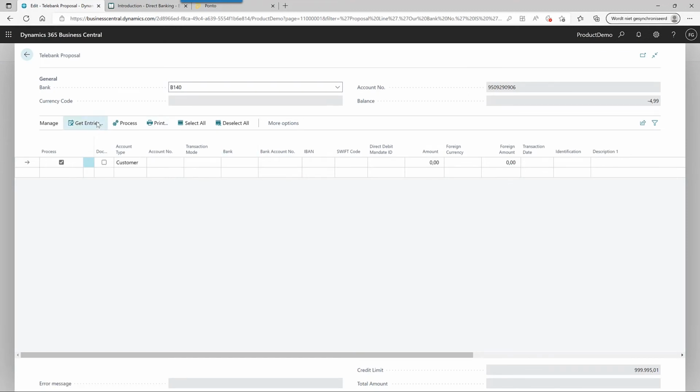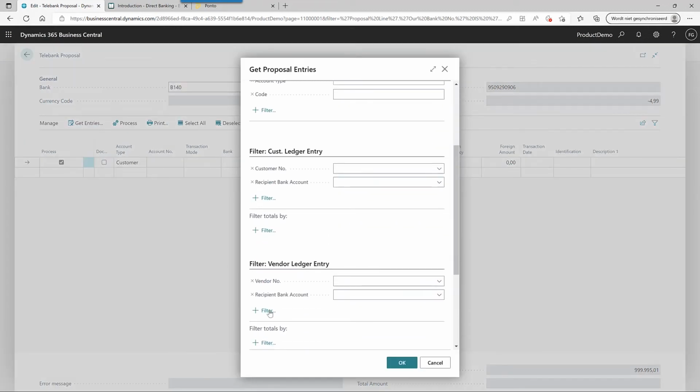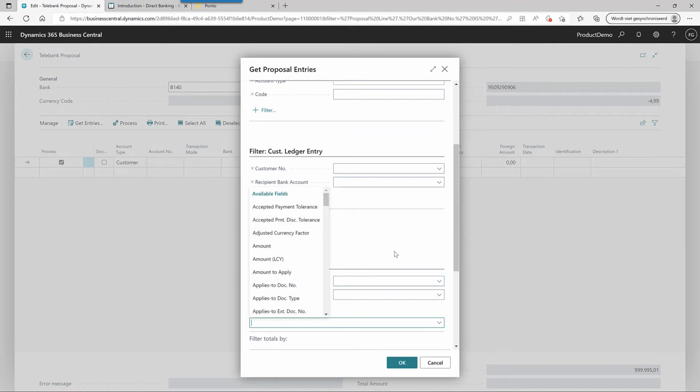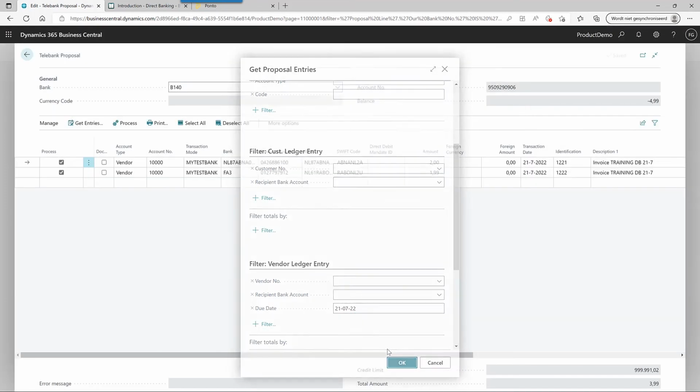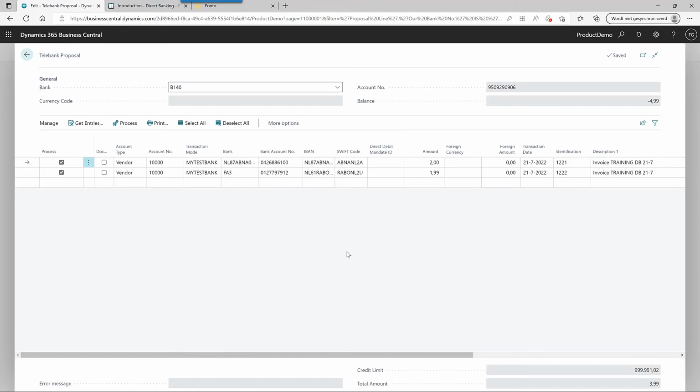And we can get the new entries. Just to make sure you have only one invoice, we filter on due date, the due date today. And here we see the results. We see two lines popping up. If you look at the details, it's our invoice split in two lines based on the G account split. One line is to the normal account of the vendor and the other line will go to the G account of the vendor, with the separate amounts of 50% each, based on €2 and €1.99. So we can process those lines